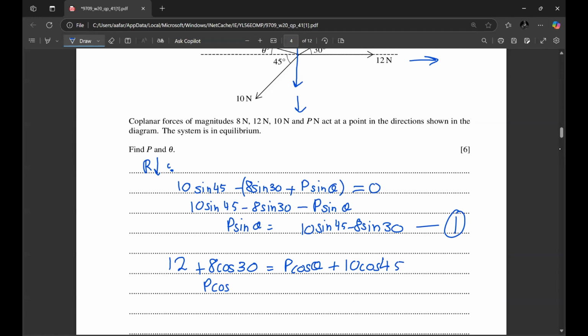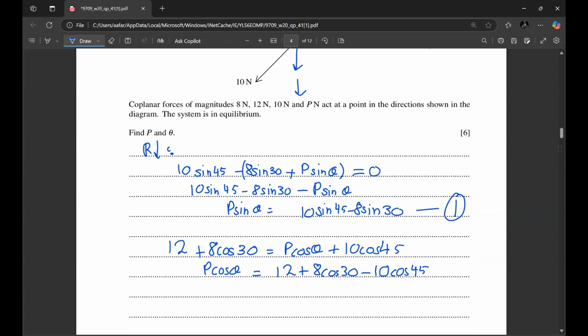P cos theta is basically 12 plus 8 cos 30 minus 10 cos 45. This is minus 4 plus 5 under root 2. And this is